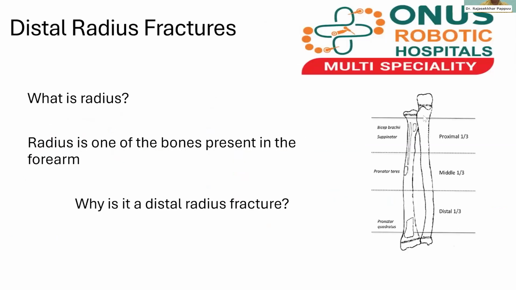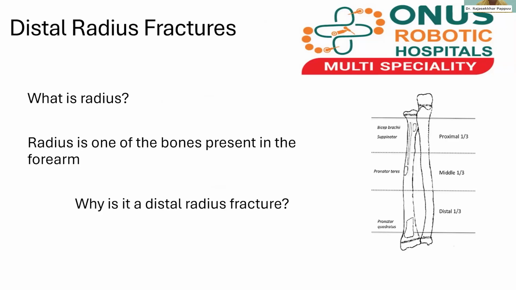So why is it the distal radius, first of all? Because everything in the human body is described by topography. What is topography? In colloquial terms, topography is GPS, location. A GPS takes coordinates and localizes where a point is. In the same way, for anybody to understand what type of fracture I am talking about,